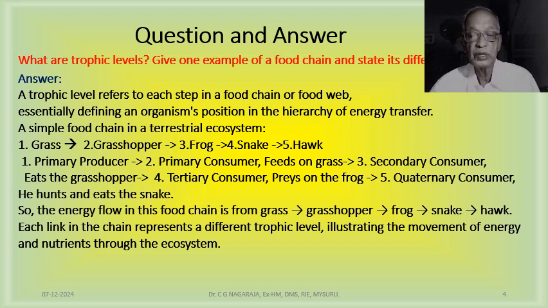So grass is called the producer. Grass is the primary producer. Grasshopper is the primary consumer. And on the grasshopper, some other animals like frog and other things may feed. They are secondary consumers. Frogs are eaten away by snakes. They are tertiary consumers. And finally, snake will be eaten by hawk. Hawk is a bird. See, the bird cannot eat grass. Therefore, this kind of link is called food chain.